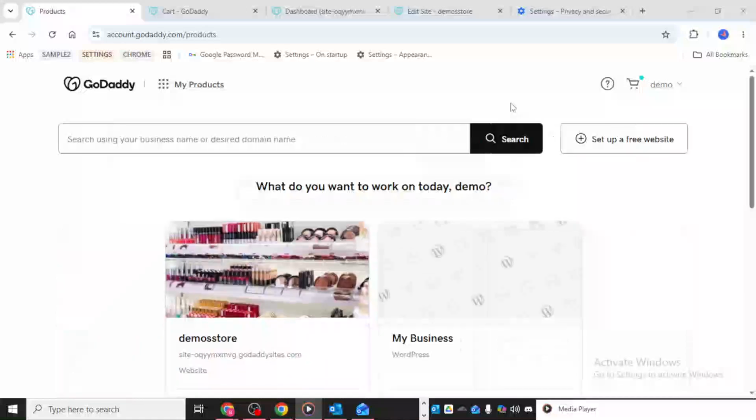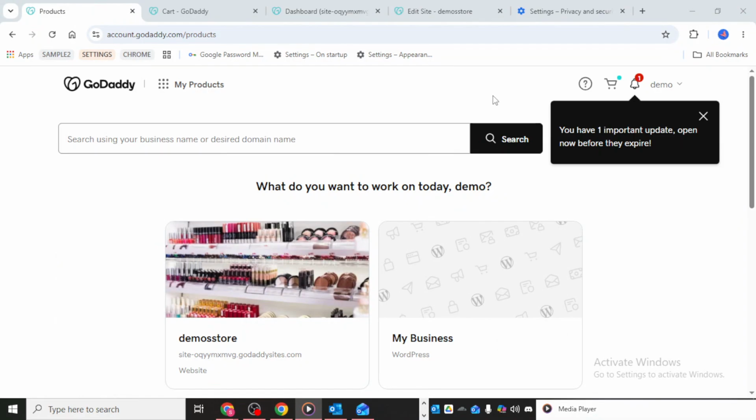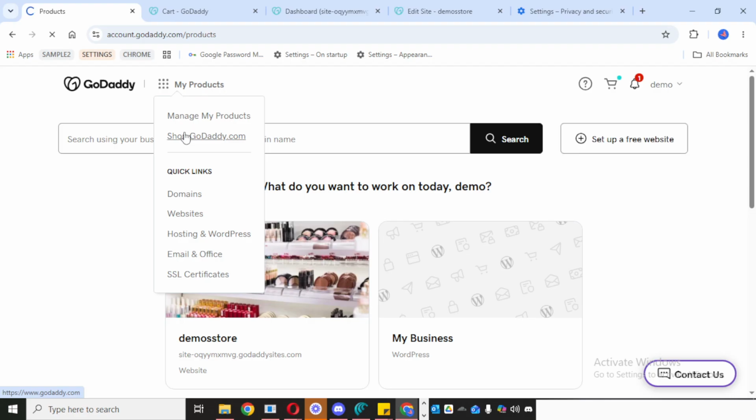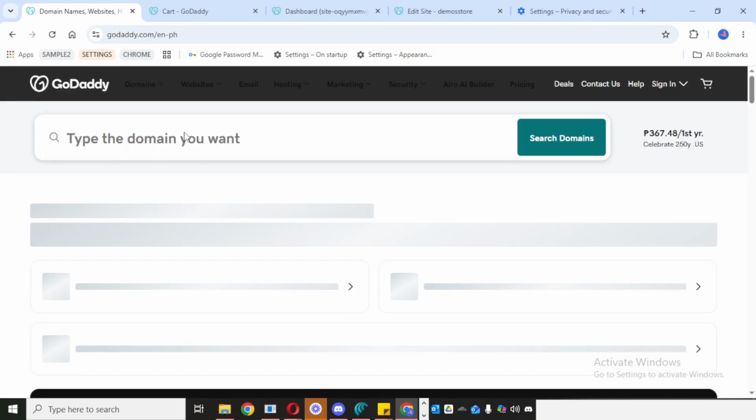In today's video, I'm going to teach you how to install an SSL certificate on GoDaddy. If you want to make your website more secure and help visitors trust your site, adding an SSL certificate is an important step. It helps protect information shared between your website and your visitors, and it also allows your site to use HTTPS, which is something many users now expect to see.